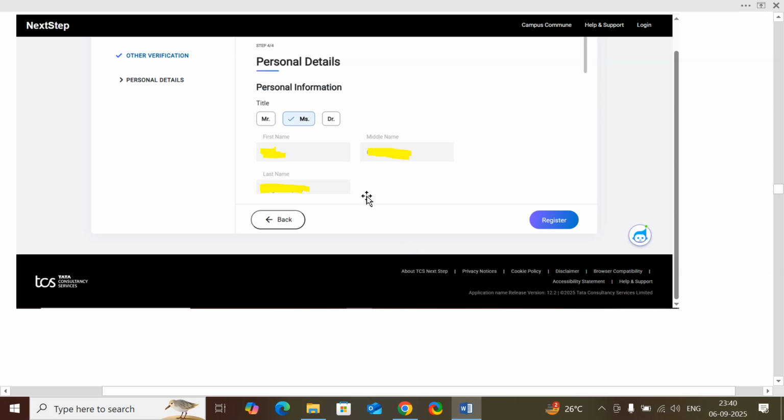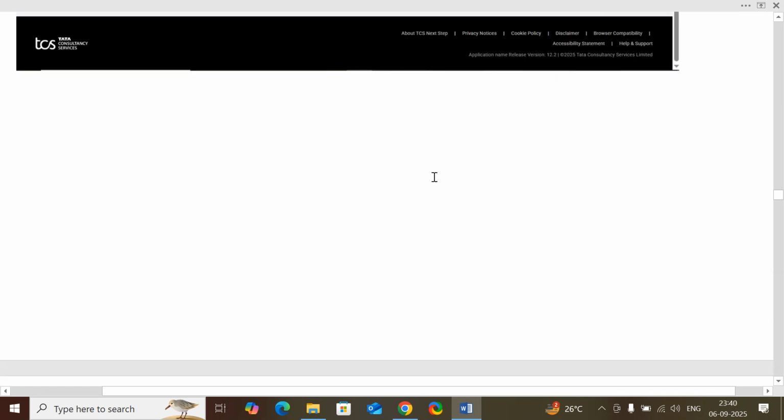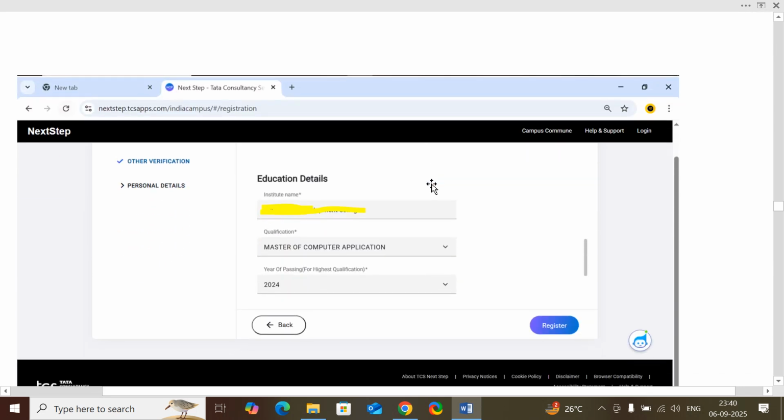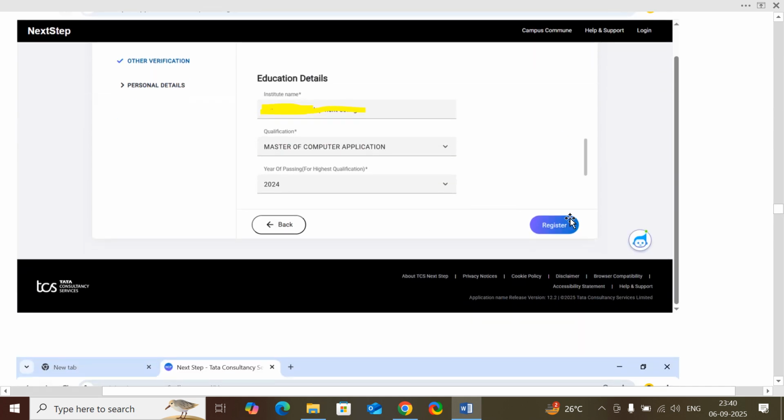Like what details? Your personal details, your Mr. or Mrs. or Doctor, whatever the details are, you just need to mention them here. Then after that, you need to mention your education details, like whether you are a BTech graduate, or some other BSc graduate, or a Master of Computer Applications, or whatever you are, you just need to mention it. Okay, then click on